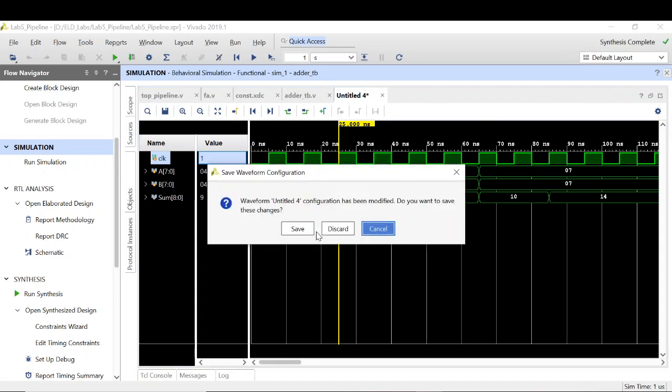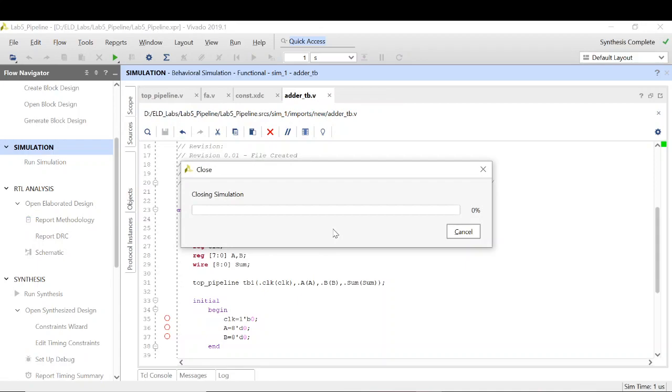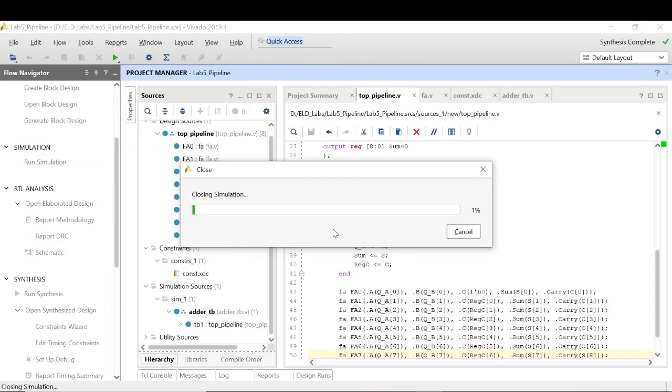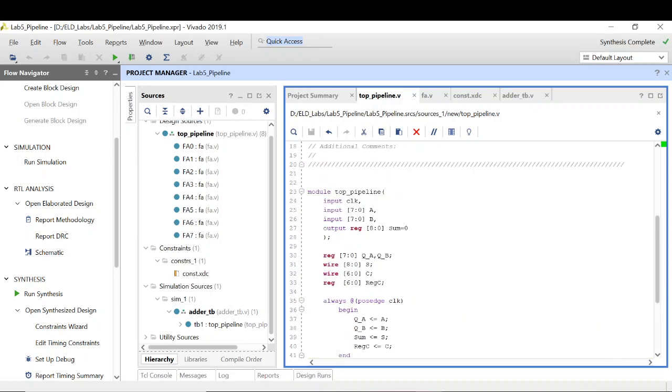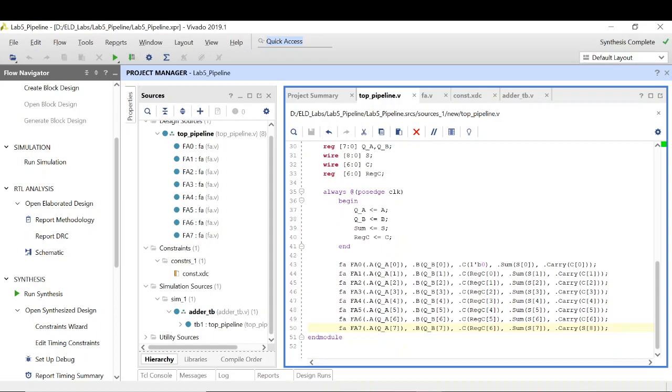So what we observed after pipelining is that although pipelining is increasing the frequency of the clock, because now my critical path delay is reduced, as I can take a clock period lower than the previous value for the design without pipelining. So the frequency is significantly improved, but at the same time my latency is increased, right? So there is always a trade-off between latency and frequency. So that's all for this pipelining design.